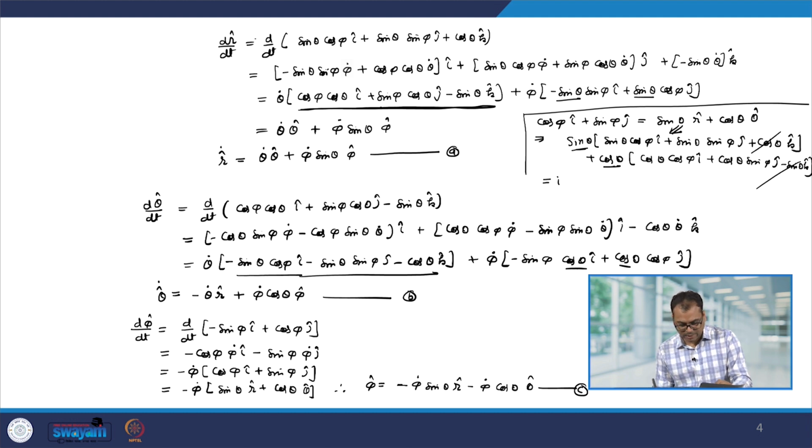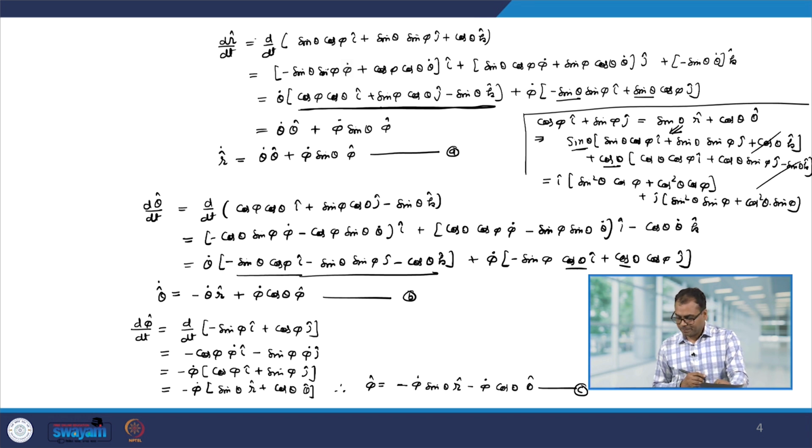Therefore, we get i into sin square theta cos phi plus cos square theta cos phi plus j sin square theta sin phi plus cos square theta sin phi, and this becomes